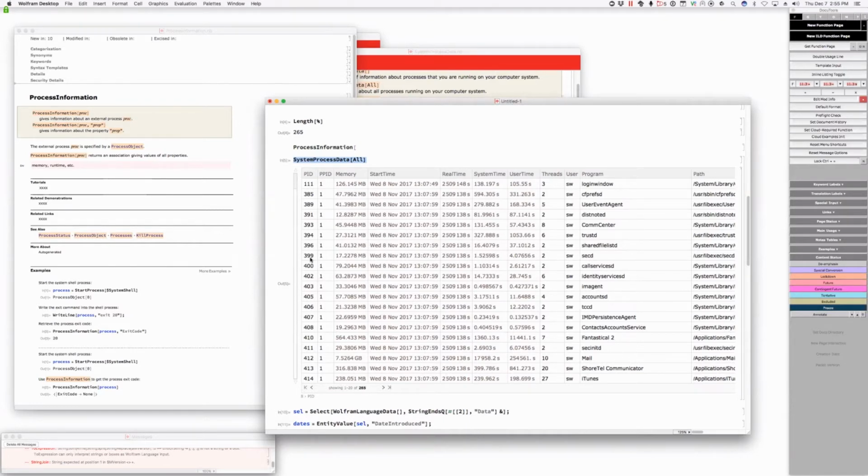The easiest way would be to type in the program name. So, system processes. Yeah, but there may be multiple. The easiest way might be to select. So if I look at process object,